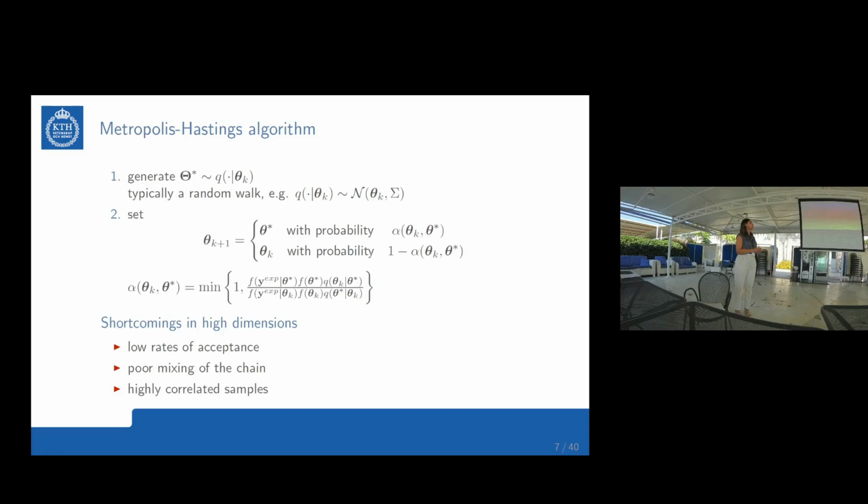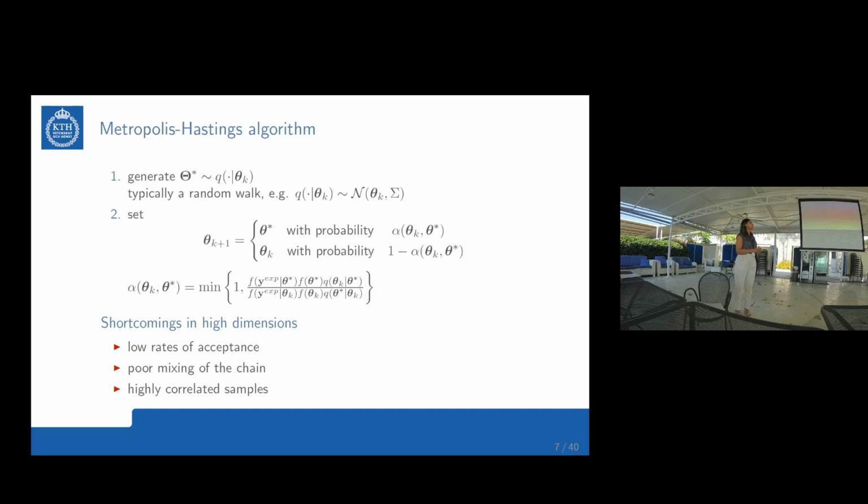And then we can accept this proposal theta star. And so we set the next value theta k plus 1 as equal to theta star. Otherwise, we reject it, and we set the next value theta k plus 1 as equal to the previous value theta k. So we stay in the same value also for the next step. And this acceptance or rejection is done using this acceptance probability, alpha, that depends on the previous value, theta k, and the proposal, theta star, and its expression contains this likelihood, prior, and